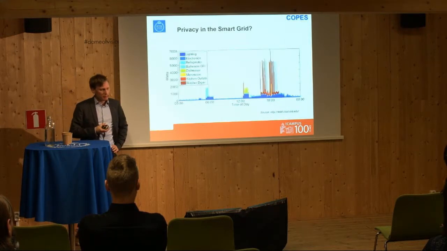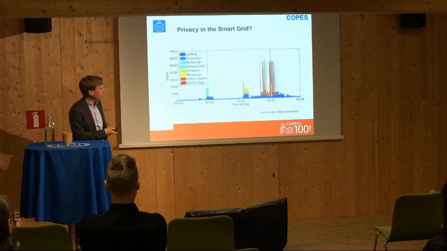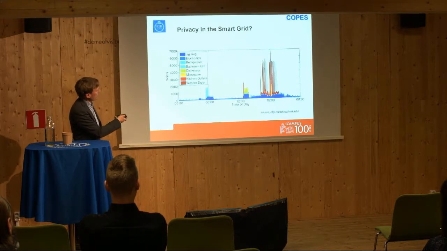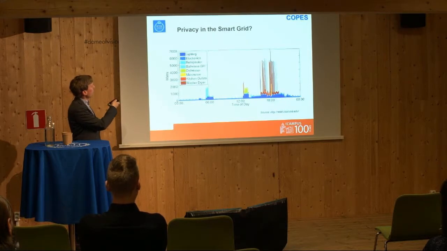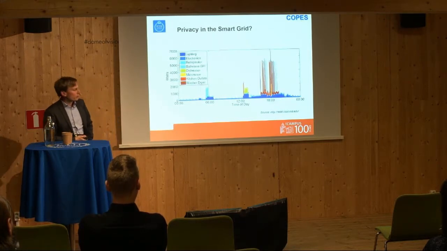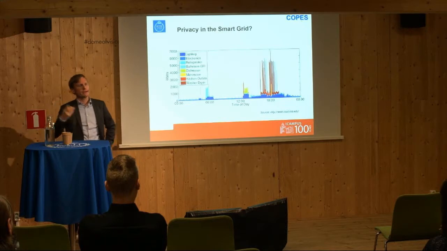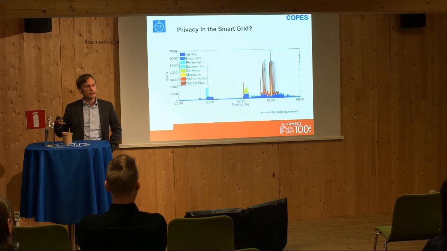Then I'd like to say something about the privacy issue, which was the second new challenge in control over the cloud. What you're looking at here is basically the energy consumption pattern of a household. On the x-axis, you have the time of day, so it's 24 hours, and on the y-axis, you have the power consumption. For now, you can forget about the colors. Just look at the profile here. It actually reveals quite a lot about the person living in that house. You should be aware that this is the type of data that your smart electricity meter could take.